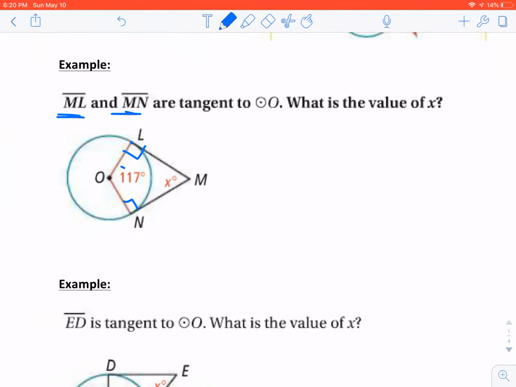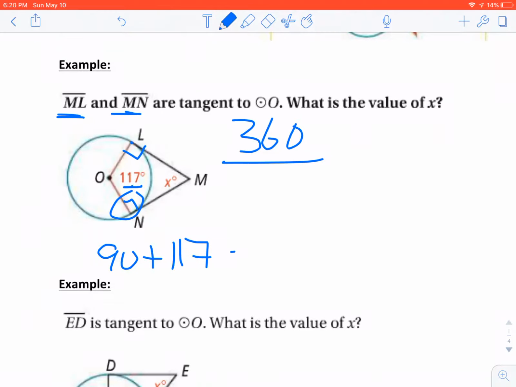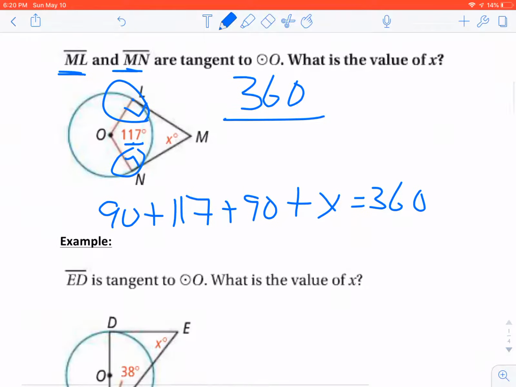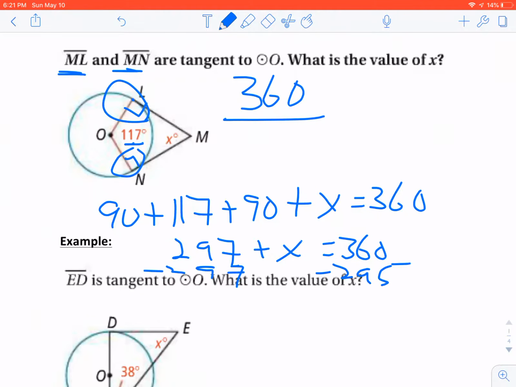This shape has 1, 2, 3, 4 sides. Any figure with 4 sides has an interior angle sum of 360. Think back to your chapter 6 stuff. All I need to do is take my 90 plus my 117 plus my 90 plus x and set that equal to 360. When I add up all the ones that I know, that gives me 297 plus x equals 360. And when I subtract 297 from both sides, not 95, 297, x equals